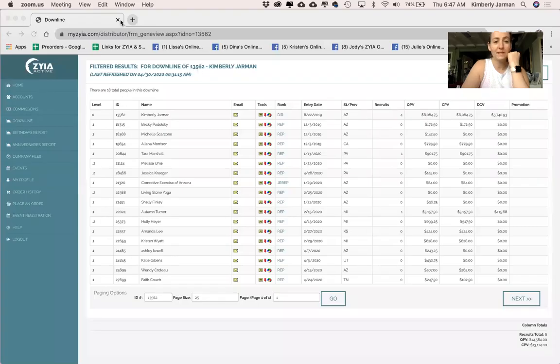All right, so one of the other things you need to do at the end of the month is check and make sure there's no orders that need to be moved over into another event. So I'm going to show you guys how to do that. This is super important because if there are orders that need to be moved over and you don't do it